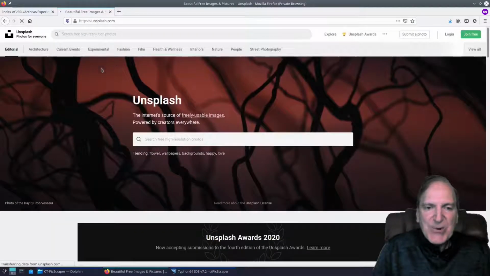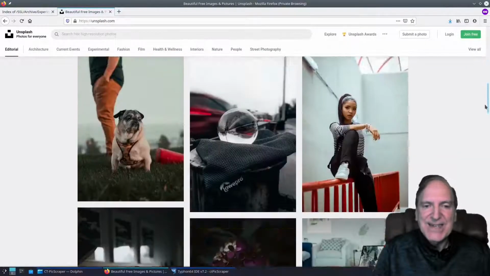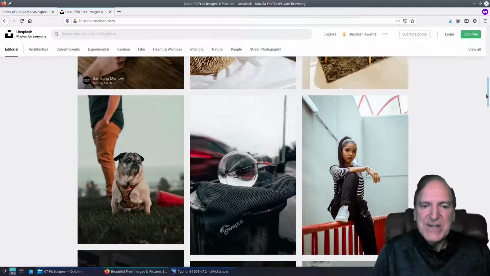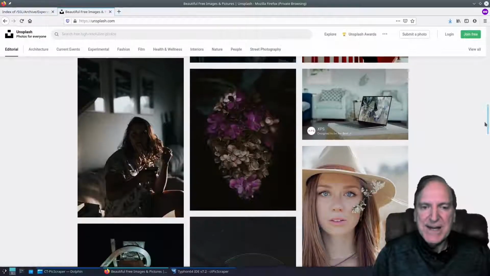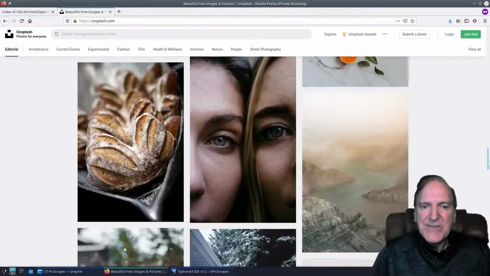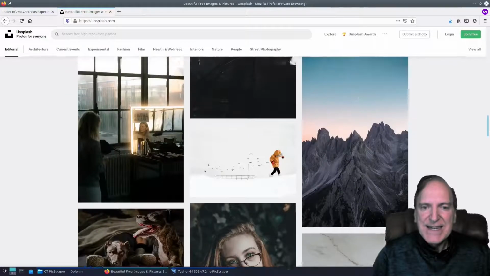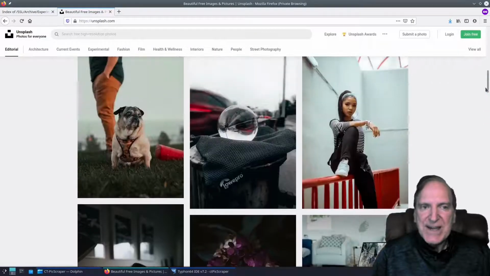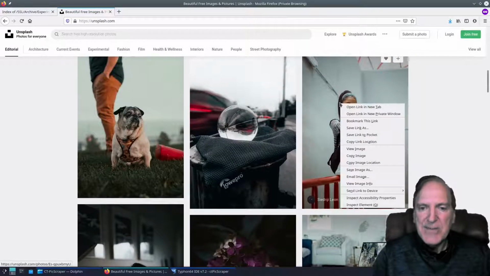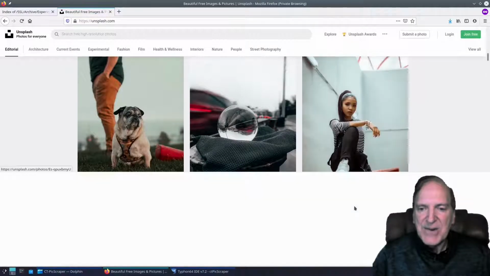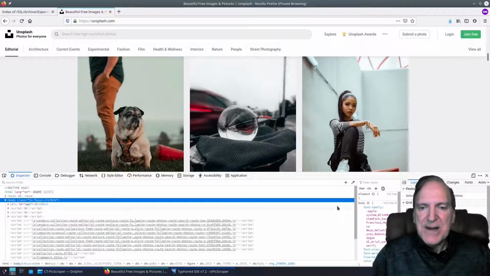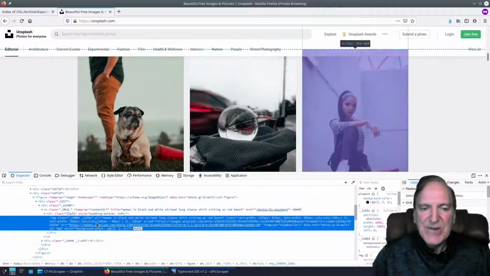And in this tutorial we're going to extract the links from the HTML code that we pulled from the website. To get a better idea of what exactly we want to target in our source, we're going to the website here at unsplash.com, and we're going to take a closer look at the images that we have here. So I right-clicked and hit Inspect Element in our Firefox browser, and right here we have